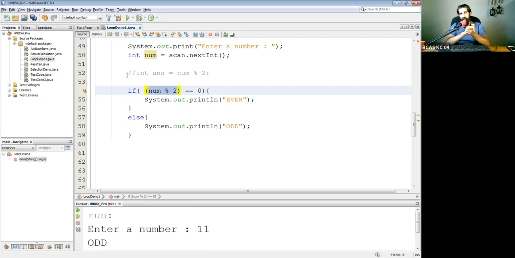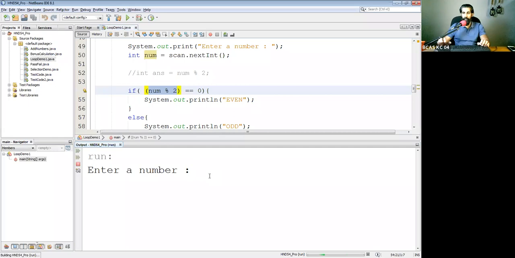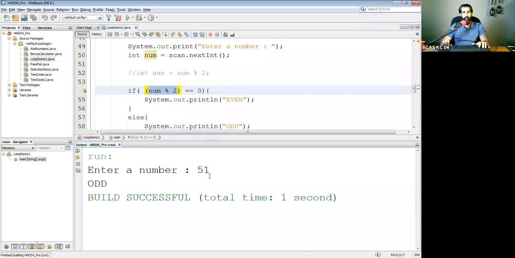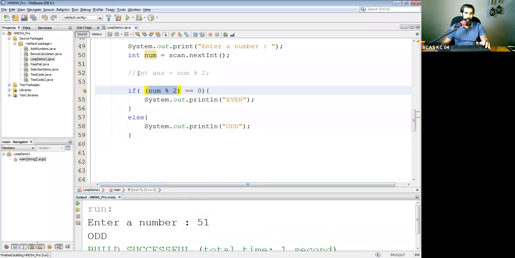So number modulus divided by 2. What you have inside the bracket will happen. When that is happening, it is going to come either 1 or 0. So 1 is equals to 1 or 1 is equals to 0 is what you are checking there. Number is 7. 7 modulus divided by 2. It's going to tell you either 0 or 1. If it's equals to 0, then it's an even number. Otherwise, it's an odd number. See, when we run this one, the same thing will happen. If I type a number, 40, even, right? 51, odd number, right? So that is how it is functioning. So this is how we should actually do it without this.